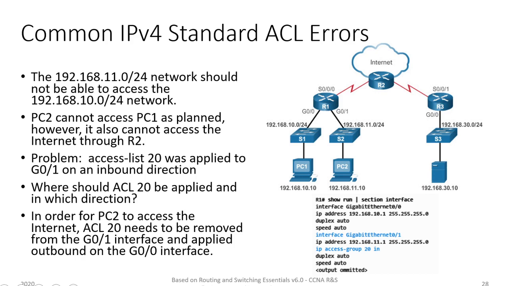Then another problem is when we are applying these rules or access control lists to different interfaces, we have to think about whether we are applying them to the correct interface, and also whether we are applying them correctly as an inbound rule or an outbound rule. Because whether we configure it as in or out will significantly change the way the network traffic flow is going to happen. So while we are configuring, we have to check whether we have included the list in the correct direction, inbound or outbound.